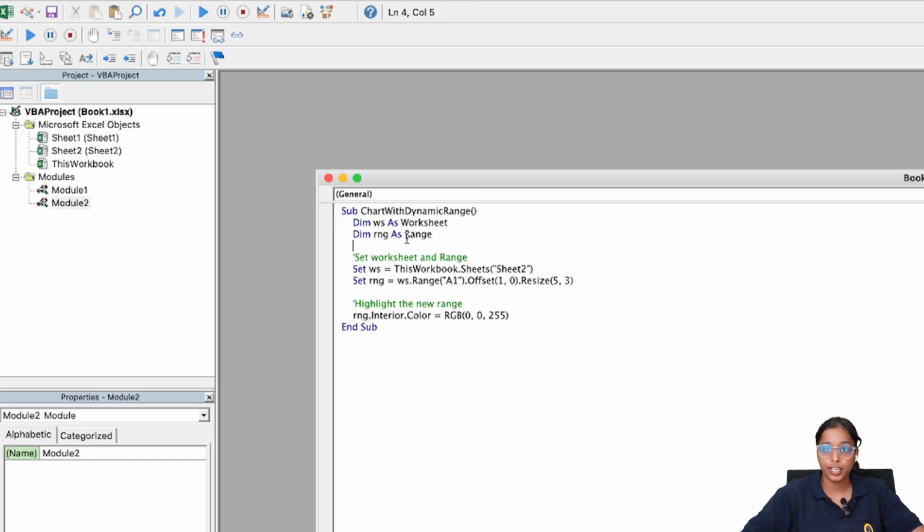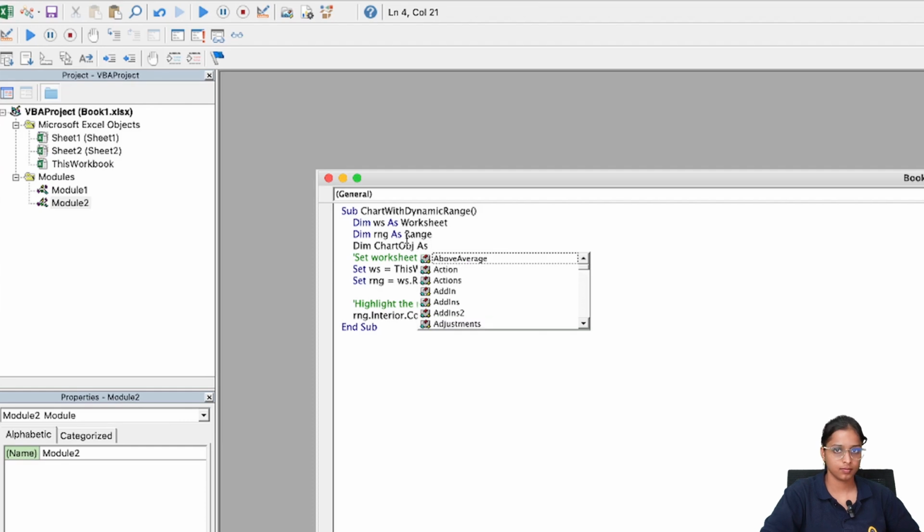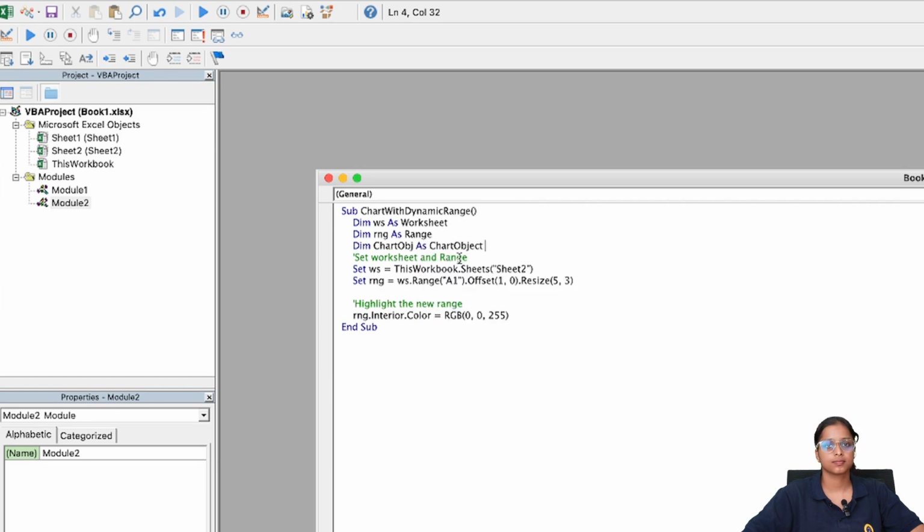We'll define our variables. We'll define one more variable as dim chart object. Then we'll set our range, which we have already set.